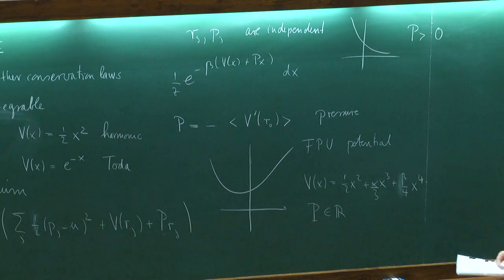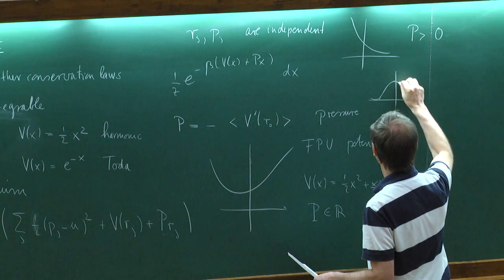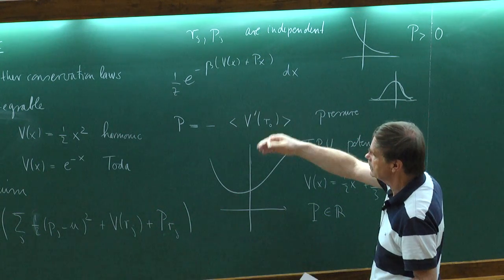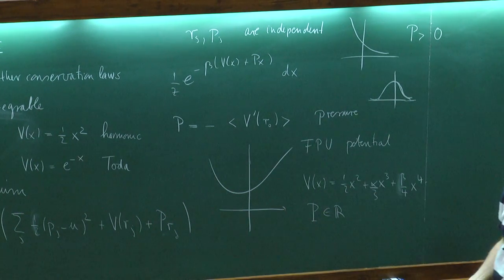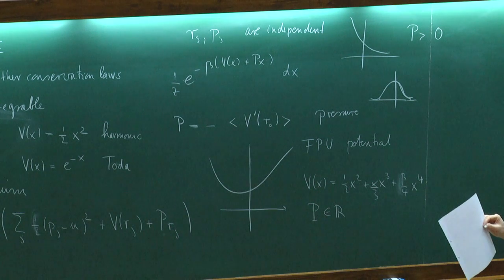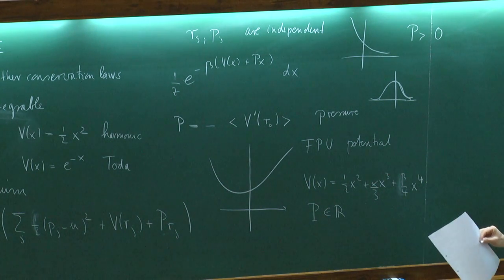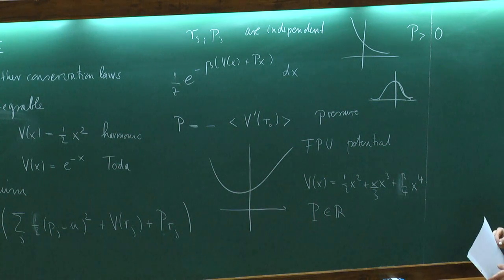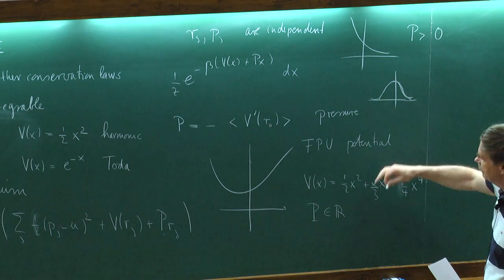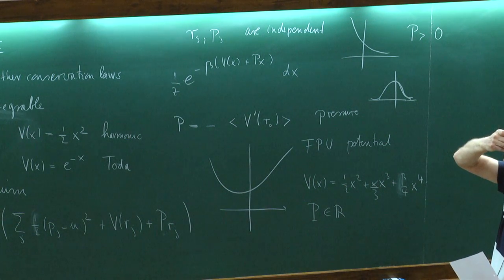If I take a potential of this type, which one would think natural for fluids, it is no longer allowed in this game. It doesn't have a finite partition function. People nevertheless simulate this and then make all kinds of claims. People put in the Lennard-Jones type of potentials here, so one has to be a little bit careful. But basically, a finite partition function dictates what type of potentials you allow in this theory.